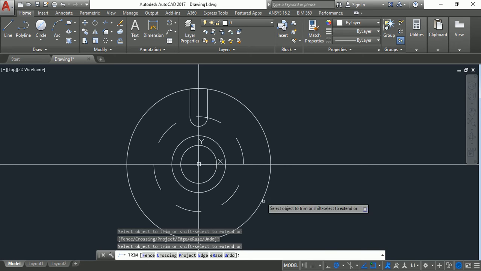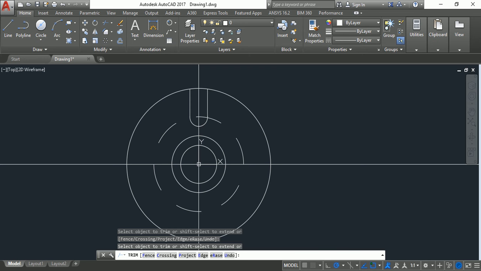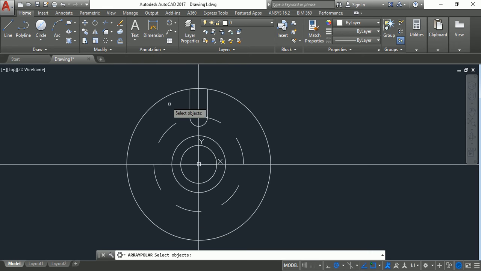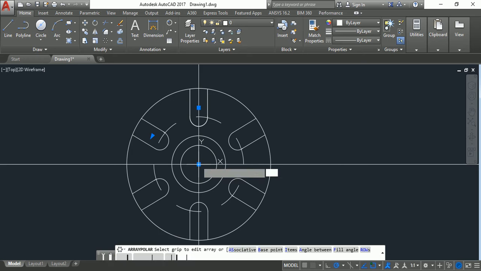Now as given in the drawing, we require a total of 6 copies here of the similar profile. For that we will go to the polar array or circular pattern command and select the entities we want to pattern, and then for making the pattern we have to select a center point, which is always the center point of the circle on which we want to create the pattern.